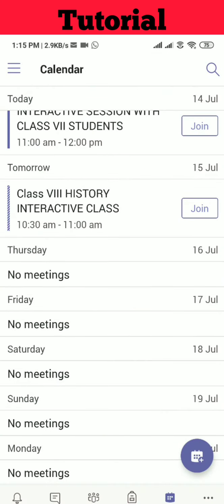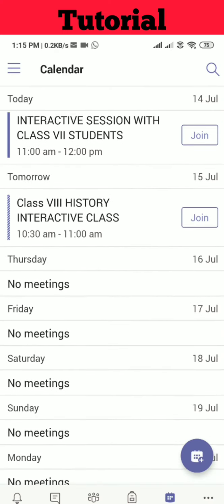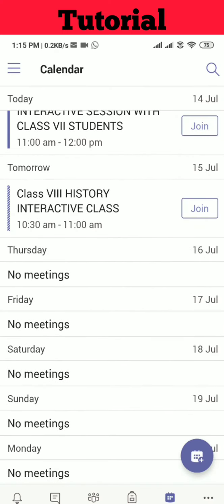So this is how we can use this mobile app to do interactive classes with the students. But I suggest, if possible, doing it on a computer or laptop, because it will be easier. On the mobile phone we can see only 4 faces, whoever speaks can be seen on the screen, while through a laptop or computer we can see 9 at a time. So this is what I wanted to share with you all. Hope you will like it.